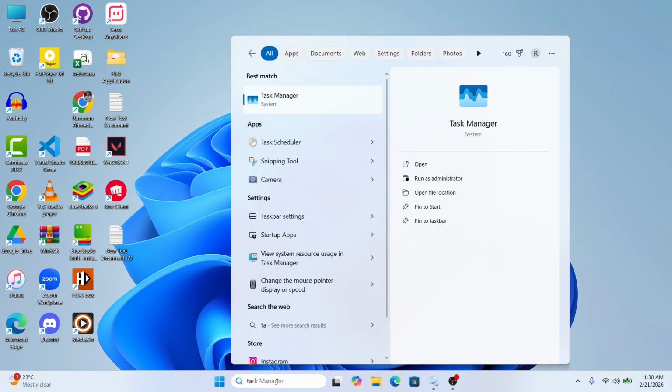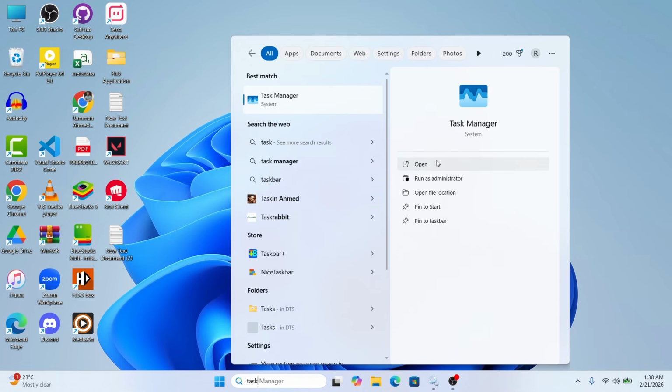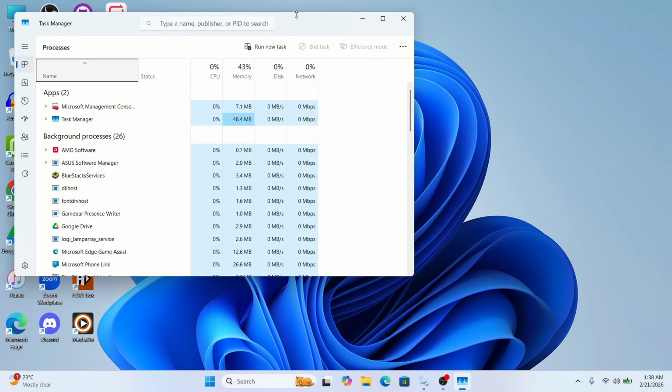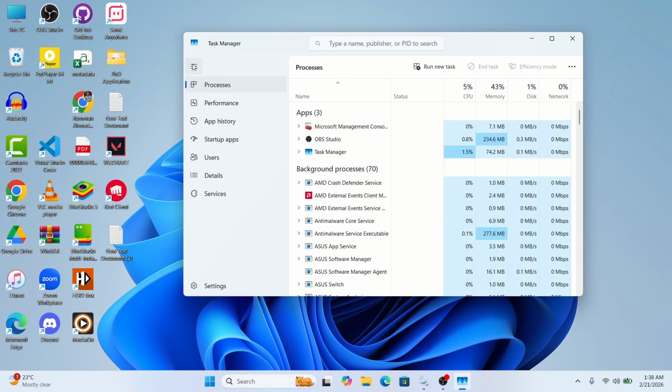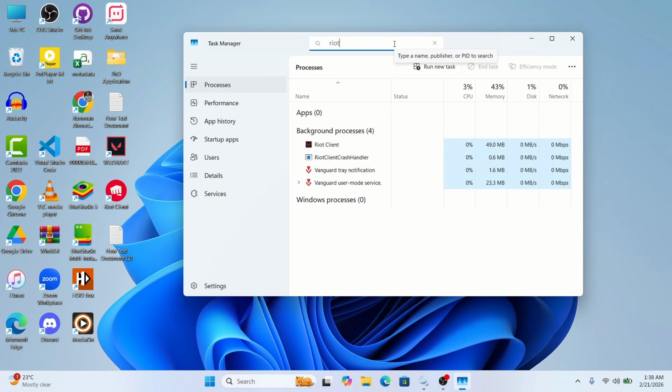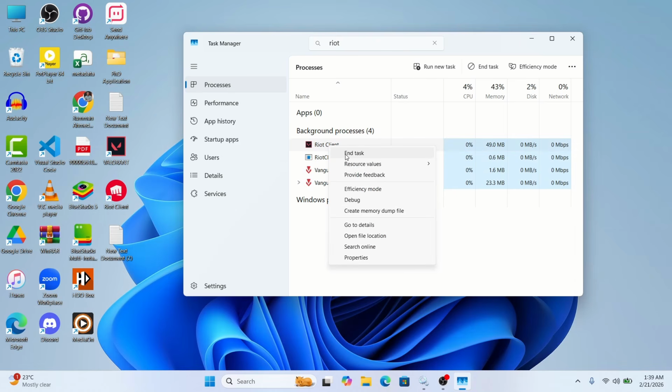Firstly, what we need to do is go to your task manager and open it. In your task manager, expand it and go to the process tab, and in the process tab you need to end task of Valorant, Riot, Vanguard, everything related to this software, all right? So in the search option at the top, search for Riot. Here you can see Riot client. Just right click on it and then click on end task,